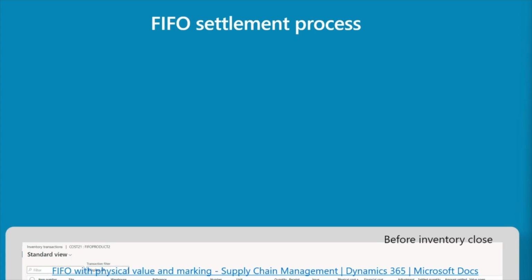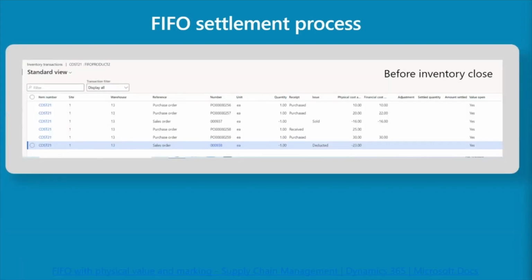Now, let's look at an example of using FIFO without the include physical value option. This first screenshot is a sample set of transactions for a product that is costed using the FIFO inventory model. This screenshot is taken before the inventory close is run. You can see that our 2 issue transactions are costed using the running average value of inventory at the time